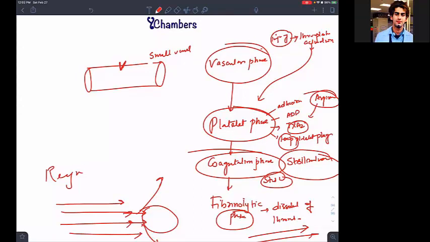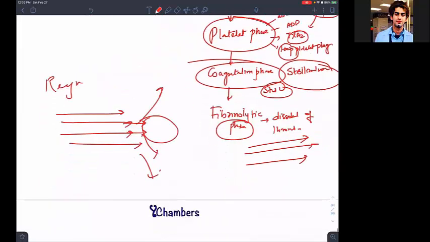And if I can't form a temporary platelet thrombus, that means I have Glanzmann's thrombasthenia. We said defective platelet thrombus formation happens in Glanzmann's disease, isn't it? And if I am not able to stabilize a platelet plug, I will say I have factor deficiencies, isn't it? That's why I am not able to stabilize the platelet thrombus. So we are clear with that.